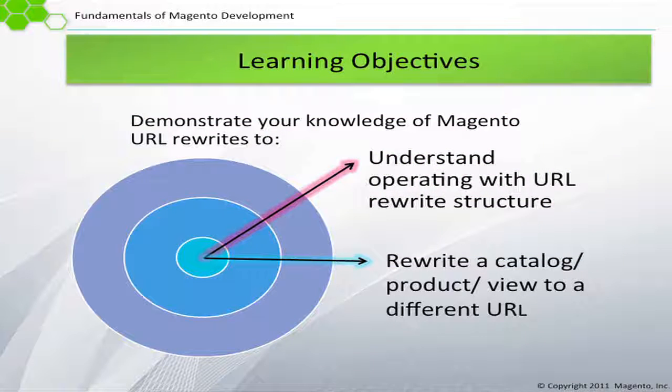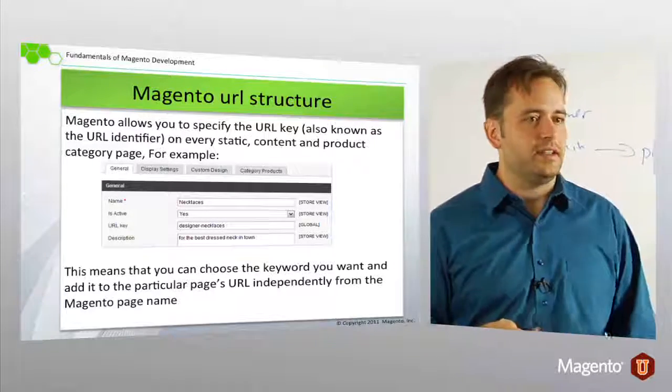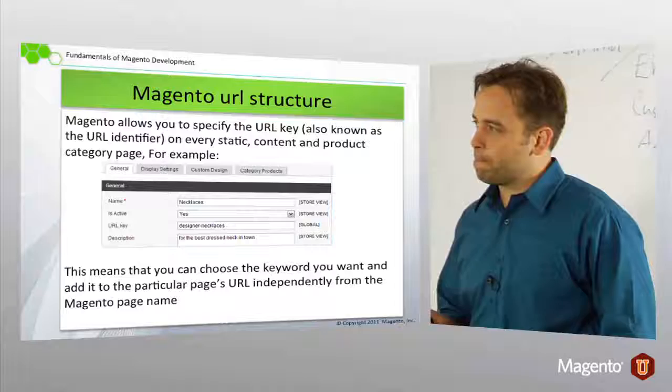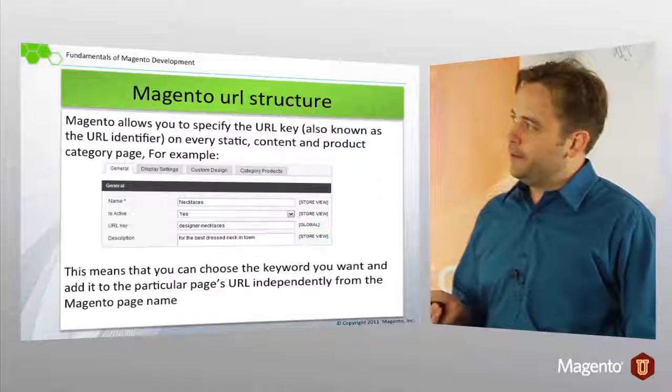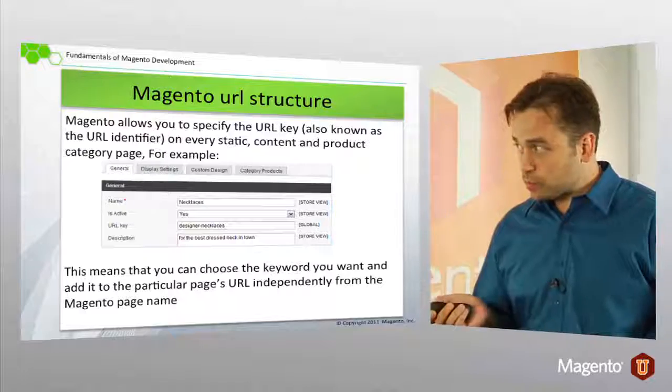Real quick on URL rewrites. URL structure. Okay, so I already explained, I think, how Magento will take in your category, for example, you can